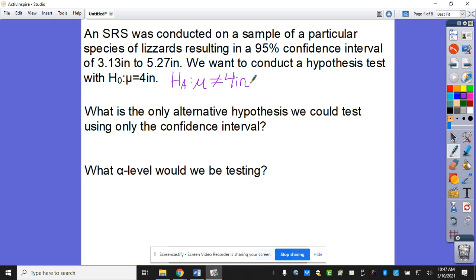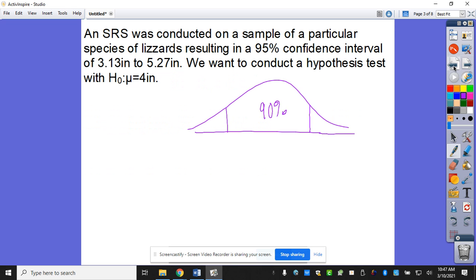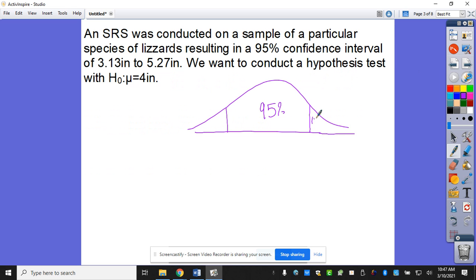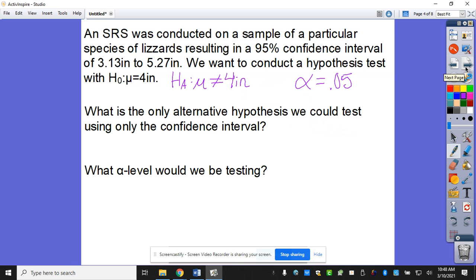Oh, I wrote 90 here, and the top is 95. So 95 is between here and here, so how much is not? So what is our alpha level? Because we reject when it's out there, and how much is out there? 5%. So I just want you guys to see the connection that those are the only two options. I don't have an option given to me in the problem. All right, so